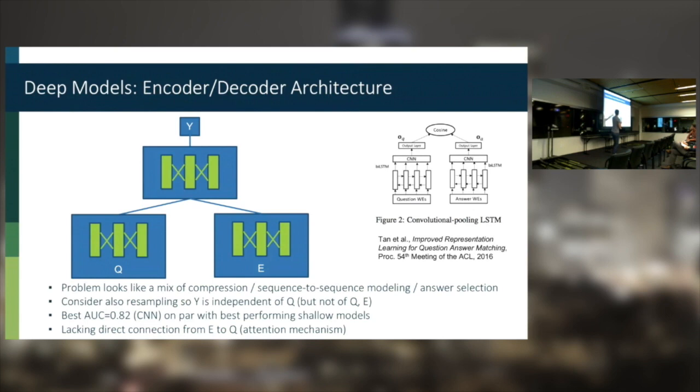Ultimately, it's some sort of an encoder, decoder, or you can think of the question as some type of a compressed version of the evidence. So it kind of comes from this circle of ideas. We played with, again, different things here: LSTMs, CNNs, and so on. For these types of models, the convolutional filters work best. But we're kind of on par with the shallow models. Not super surprising given the relatively low amount of data.